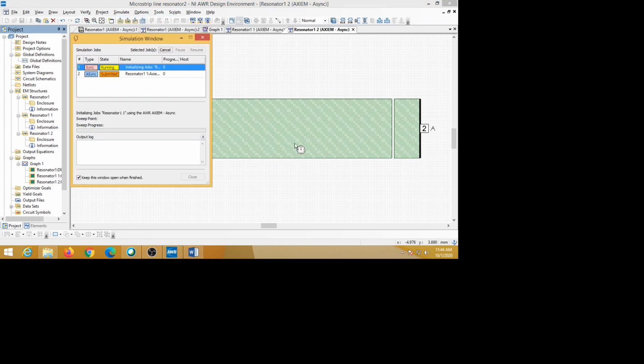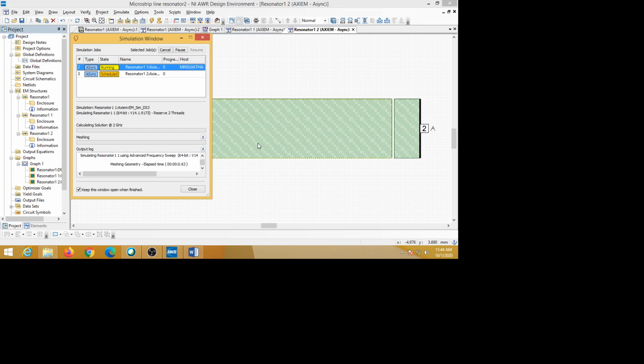Now we will just simulate this analysis. Because there are three structures now, it will take time to complete. Once it finishes, instead of showing running you should see finish; at that time you have to close.